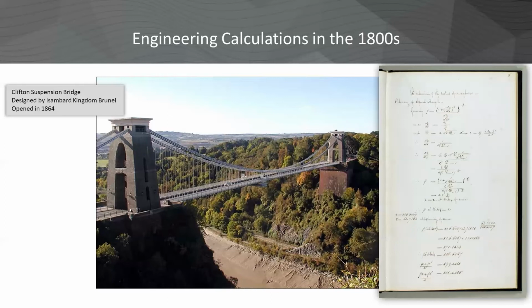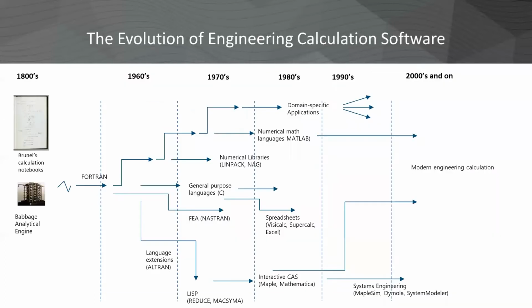You need more than paper for engineering calculations. You need computational support. But the development and the evolution of technology and software in particular has dramatically increased engineering productivity. Now, here's a somewhat coarse timeline of the evolution of mathematical computing for engineers. In reality, the picture isn't as simple or as clean as this, but this serves our purpose for the story